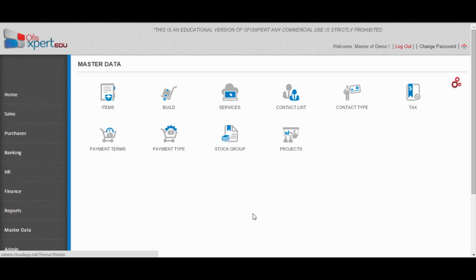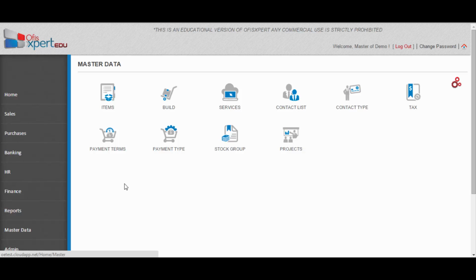Add quantity batch. Number 1. The quantity batch function is useful to record your previous stock on hand before using OfisXpert. The stock value must match the inventory account values on opening balance. Number 2. It can be used to add ad hoc batches without a purchase flow. In this scenario, you will need to perform journal entries to reflect the value of these items in your inventory asset